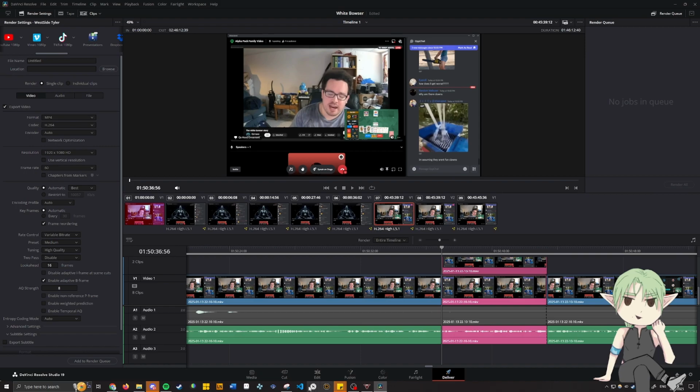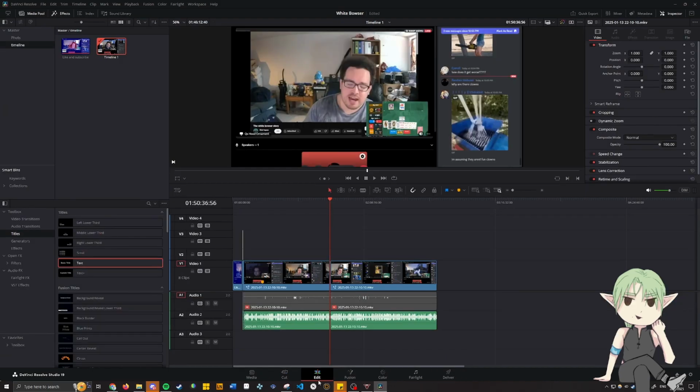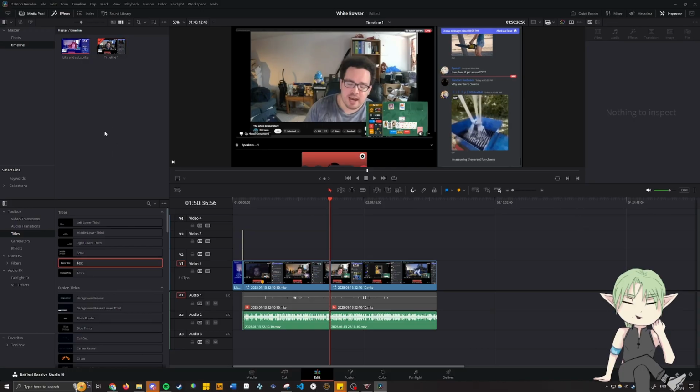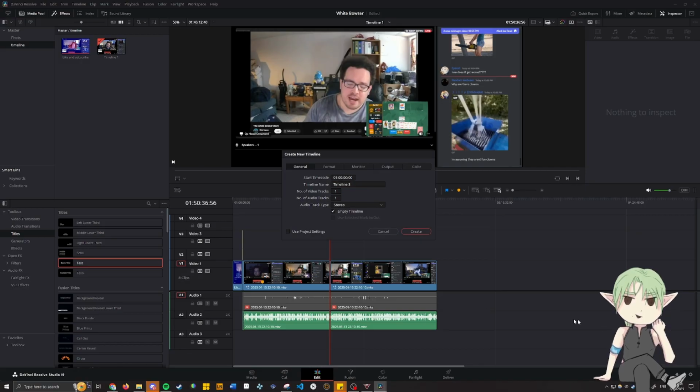Another thing I'm going to show you how to do, because people like to do shorts, is there is a very easy way to do shorts in here. So I'm going to make a new timeline. I'm going to right click the timeline, create new timeline, and then unclick use project settings. With this unclicked, I can now change the aspect ratio